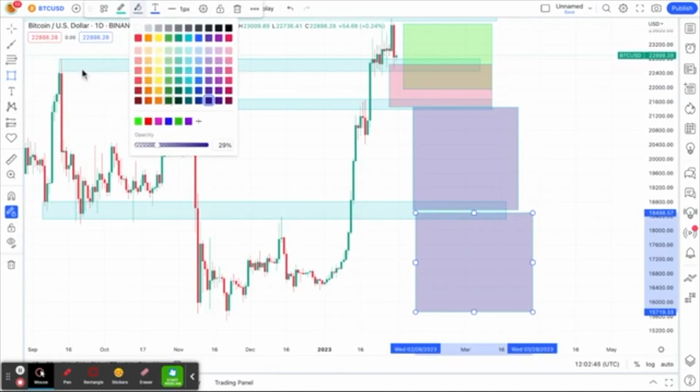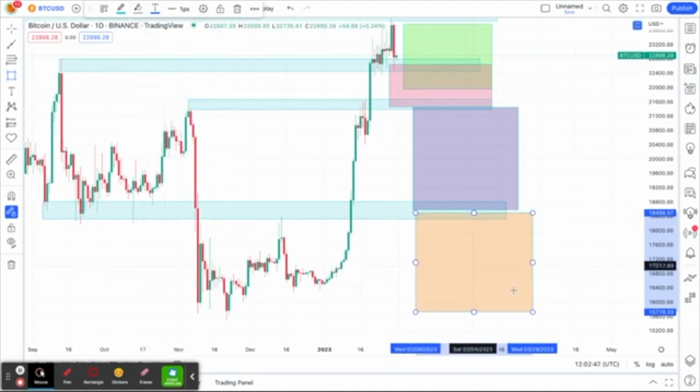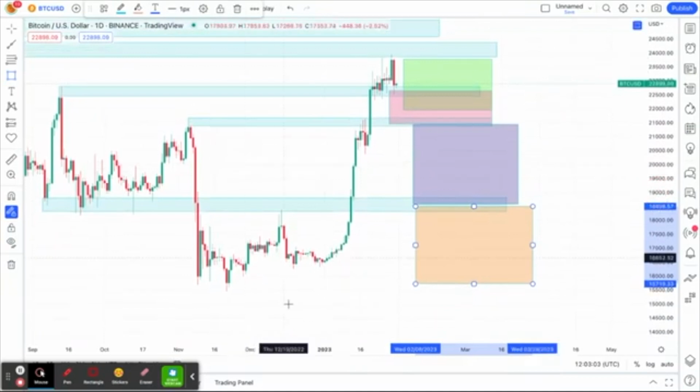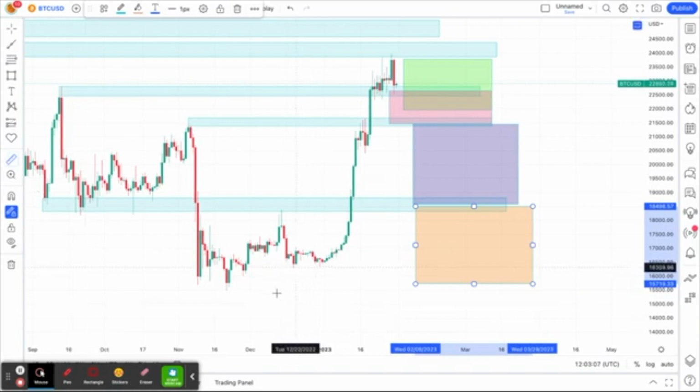Let's see, we're going to do orange this time. There's another bot. So right there, I've taken 4 bots and I've made them, and those could be done with $100 each. Okay, $100 each. And if you're looking at this and you end up measuring,